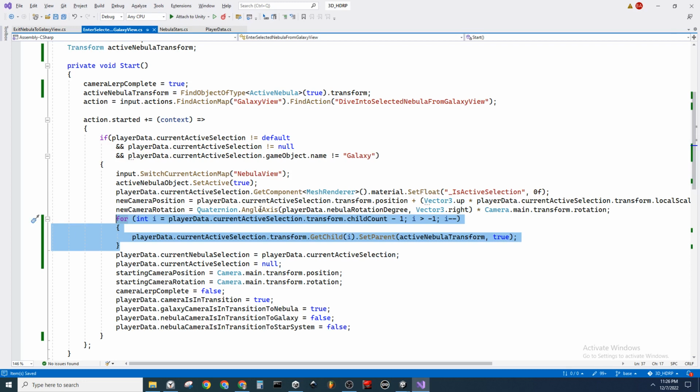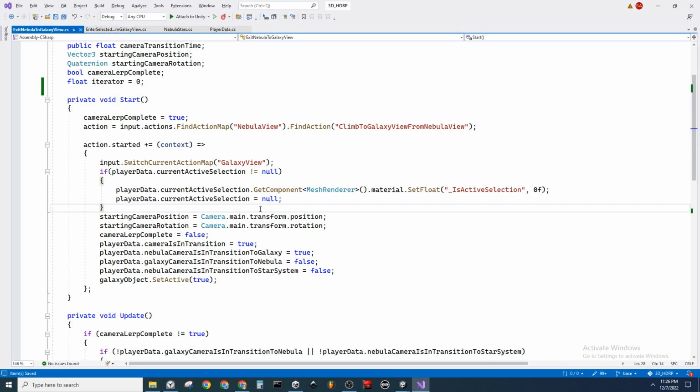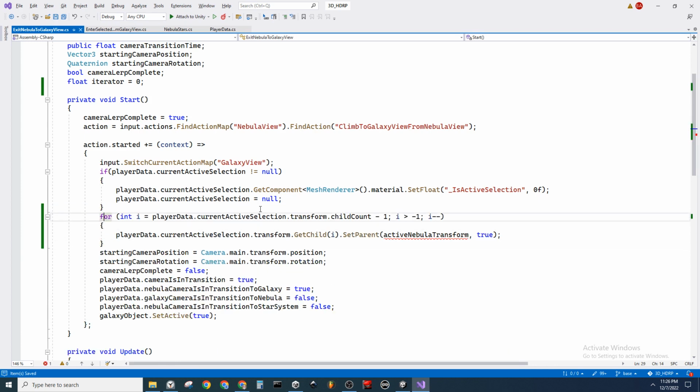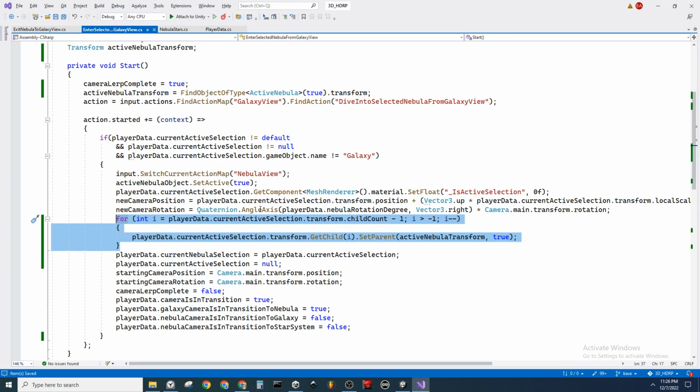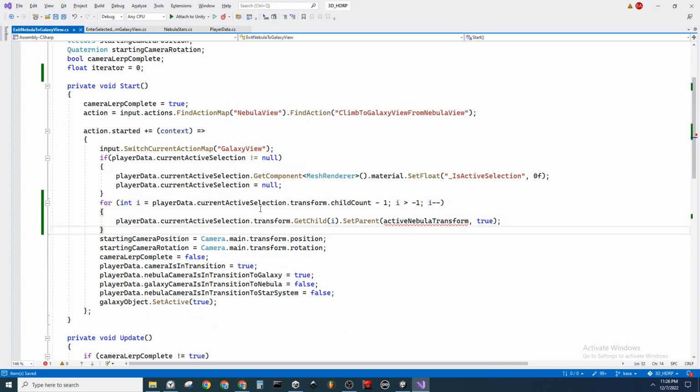But more or less we're just doing this one loop again where we're saying it's going to be a little different, but I guess we have game object dot active current active nebula, right? Current nebula selection. Or